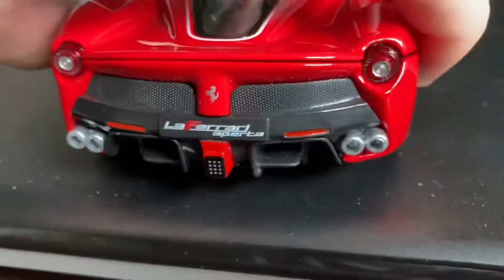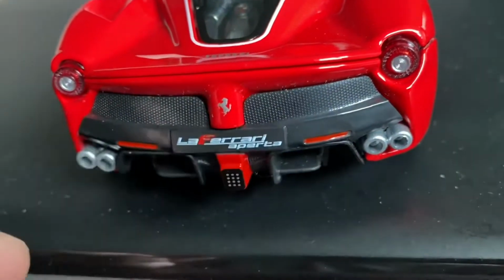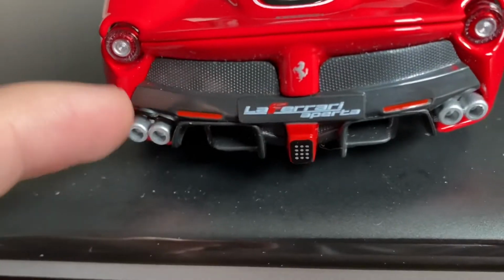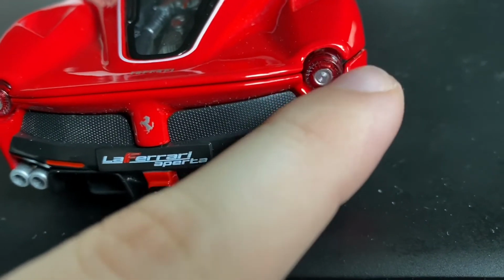And taking a look at the back, you do see the Ferrari badge in the center along with these 2 grills on here, which are separate pieces. And they do a nice job with the exhaust pipes too. The one taillight is quite a bit loose, as you can see here, but I'm sure that that's just a